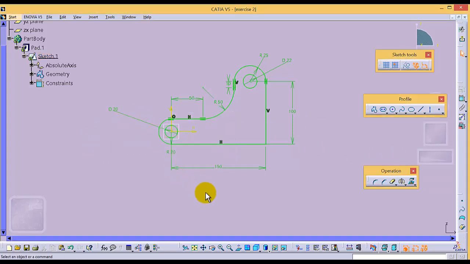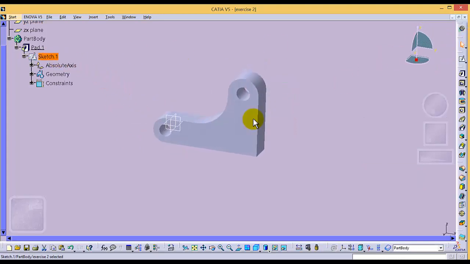The dimension of this circle is given in diameter, it's 20. There was a mistake in the previous circle, that's why I redid it and drew it again. So when we close the sketch, this circle will be automatically selected because we selected the whole sketch. You see,